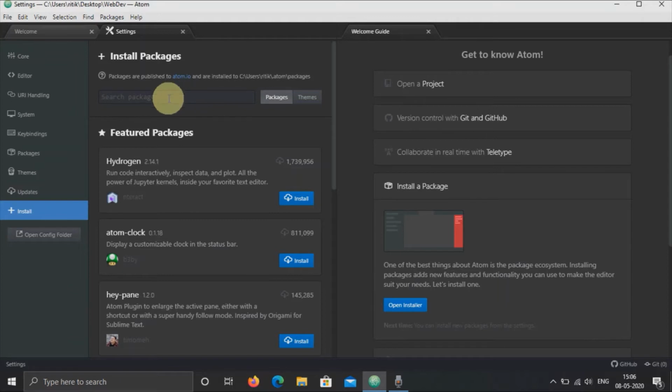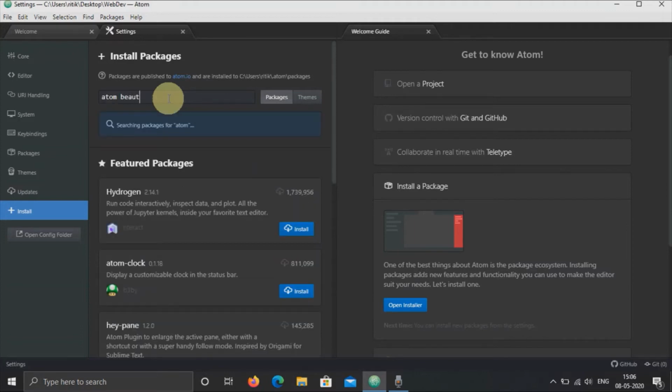Now what are those packages that we are going to install? I'm going to tell you some important packages. Now there are multiple packages available. You can download anything you want, but I'm going to tell you something that I find very interesting and very good. Now the first package is Atom Beautify.